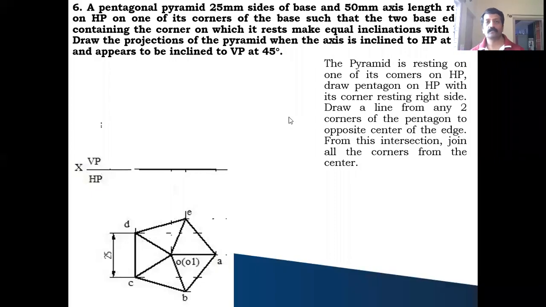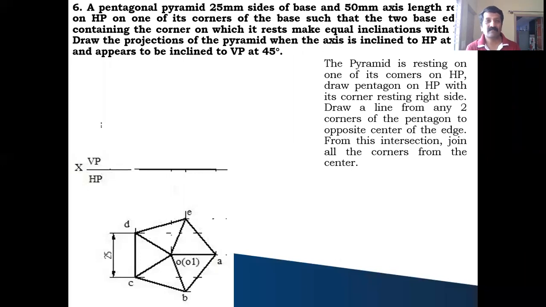Okay, good morning, everyone. So today also 2-3 examples we'll discuss. One more last example we'll discuss is the pentagon pyramid. So it's a corner condition example. A pentagonal pyramid with a base side of 25 millimeter and axis 50